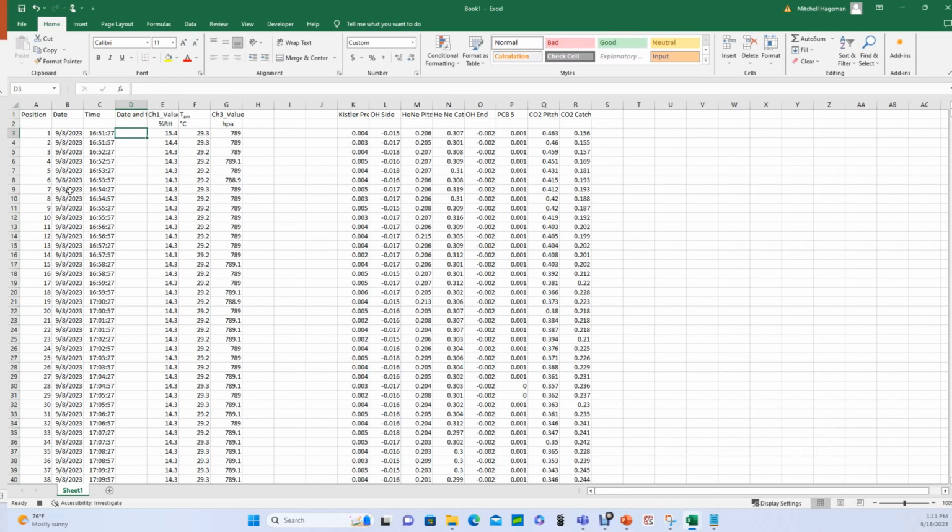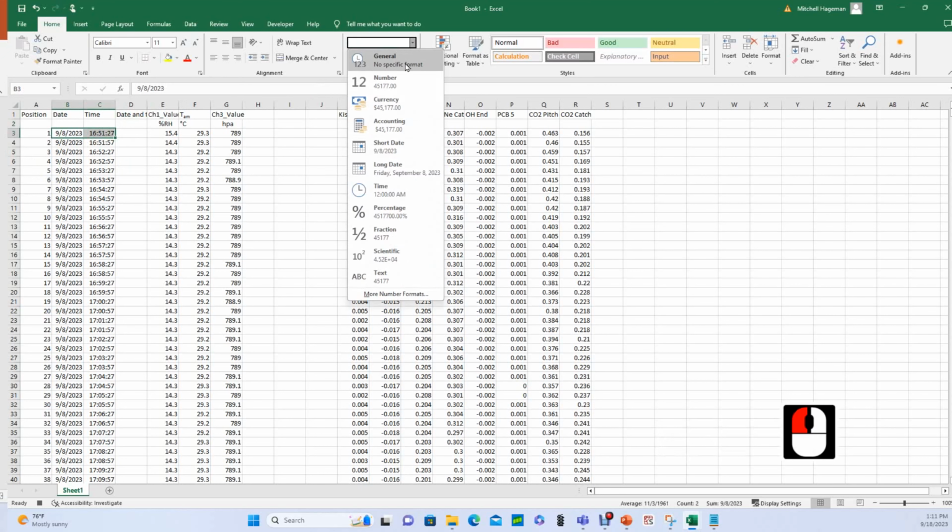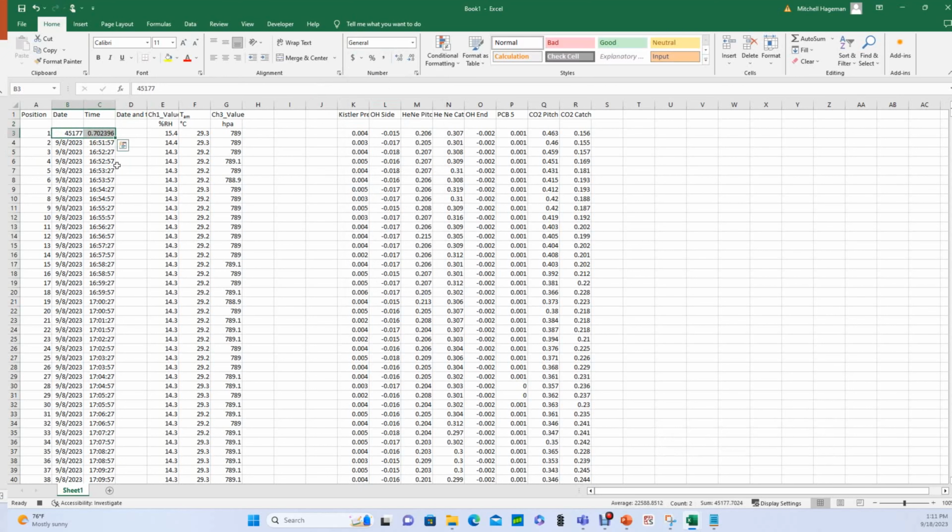And if we turn our formatting for date and time into general, you can see that it's easy to add. The date is whole numbers and the time is decimals. So if we just say that date and time equals the date plus the time,